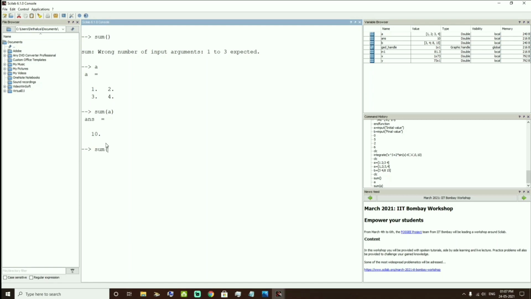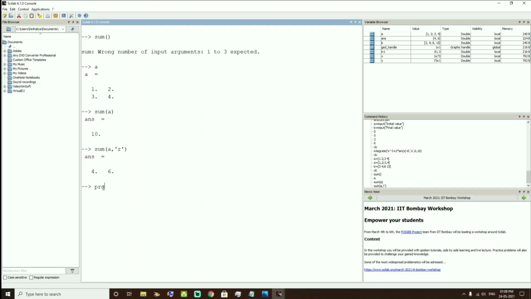Sum of A comma R, we will get the answer 4 and here 6. This is the row matrix and the summation of the column matrix. 3 plus 1 is 4, 4 plus 2 is 6. This is the row matrix for this, and we will get the answer of the summation of the column matrix. Okay,